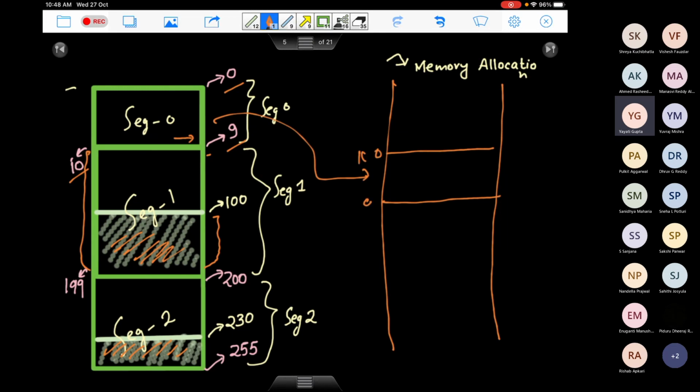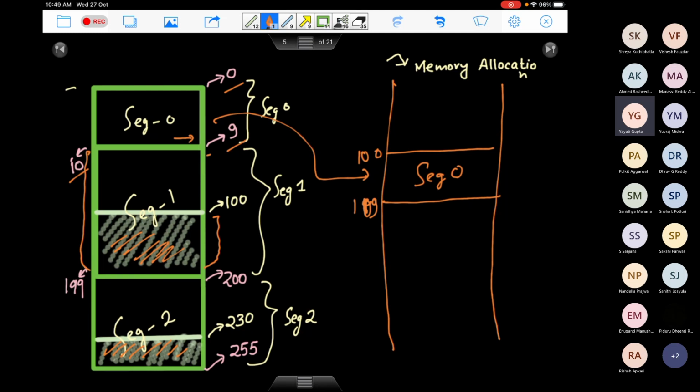So let's say it's address 100 in the main memory. From 100 to till where will it go? From 100 to 109. This goes to segment 0. It gets mapped here. Now coming to segment 1, what amount of it is